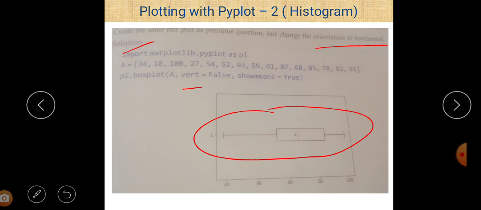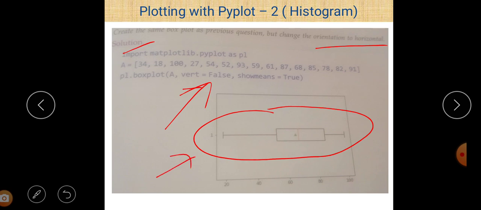So if you want to represent a box plot horizontally, then just give VERT is equal to false, and always remember that VERT is equal to true by default. So if we give VERT is equal to false, then the horizontal box plot is there,